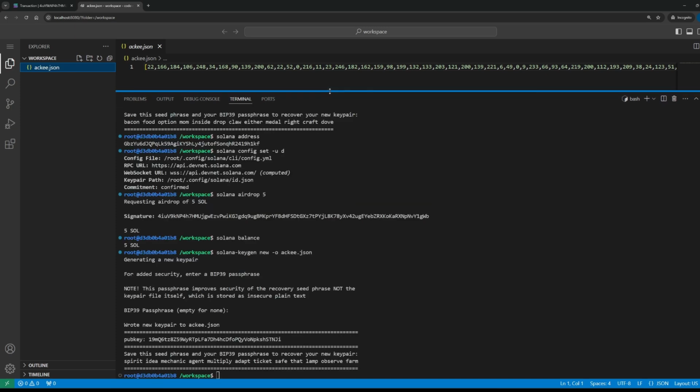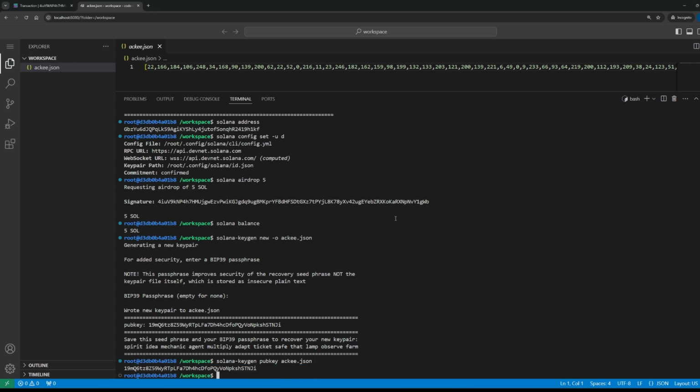Now, as we want to send Solana from our wallet to this wallet, we need to know the address of this wallet. So we can do solana-keygen, but not new, but pubkey, and specify the file. Voila, we see the public key of the wallet.